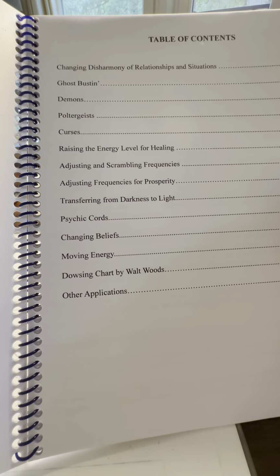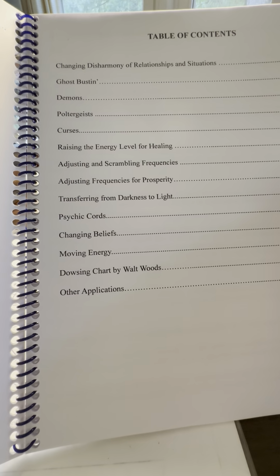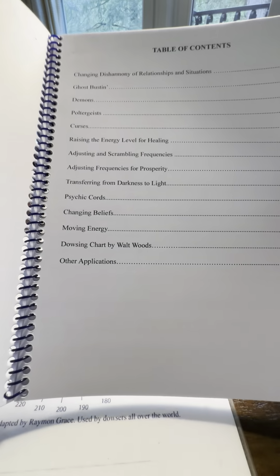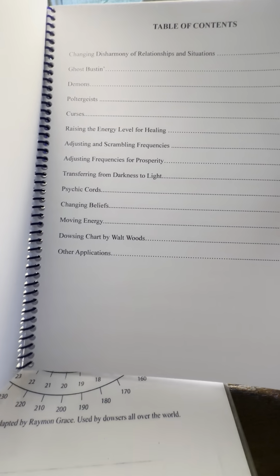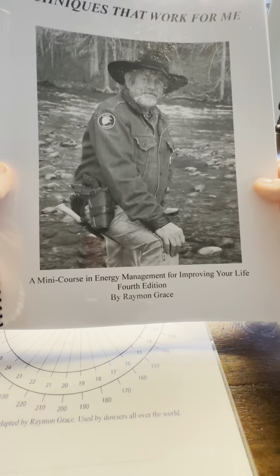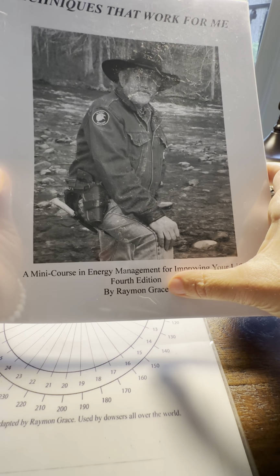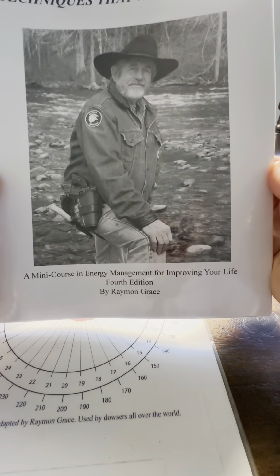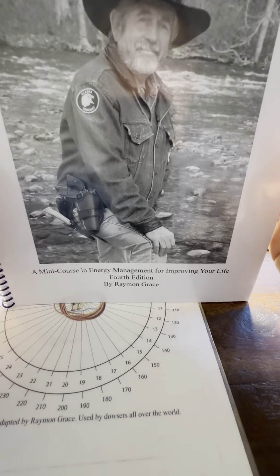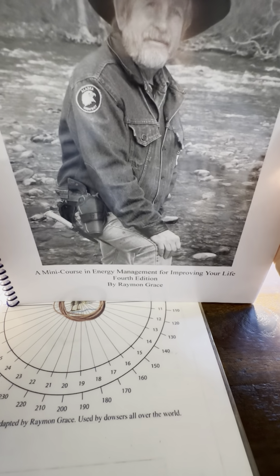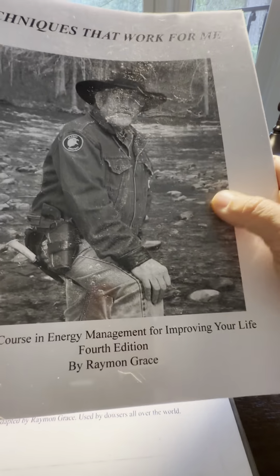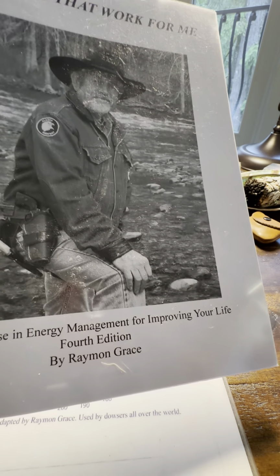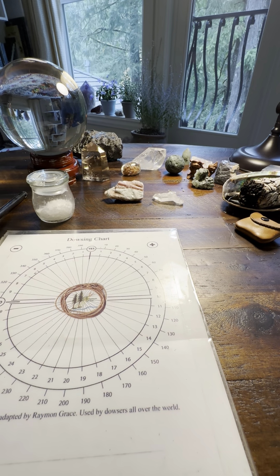So you can see some of how he uses a pendulum. You can use it for more than just fruits and vegetables and vitamins. There are many uses for the pendulum, but I highly recommend you check out Raymond Grace. It's Raymond, with no D on the end, Grace. I don't know if he's still doing classes or not, but he might be. It's definitely worth checking out. The book was, I think, like $15. I don't quite remember how much it was. This was maybe 3 years ago or so.